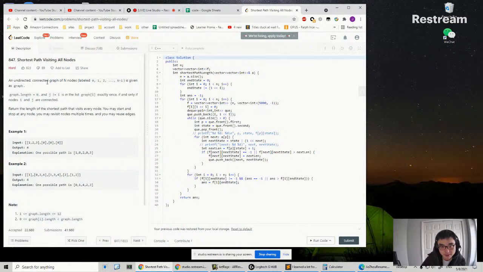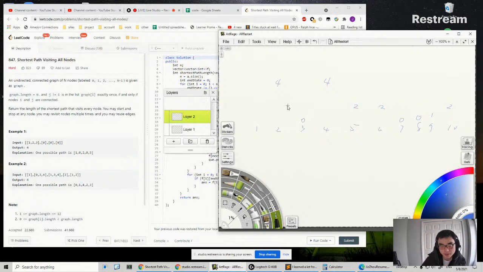Yeah, undirected connected graph of n nodes. So basically, we are given a graph,